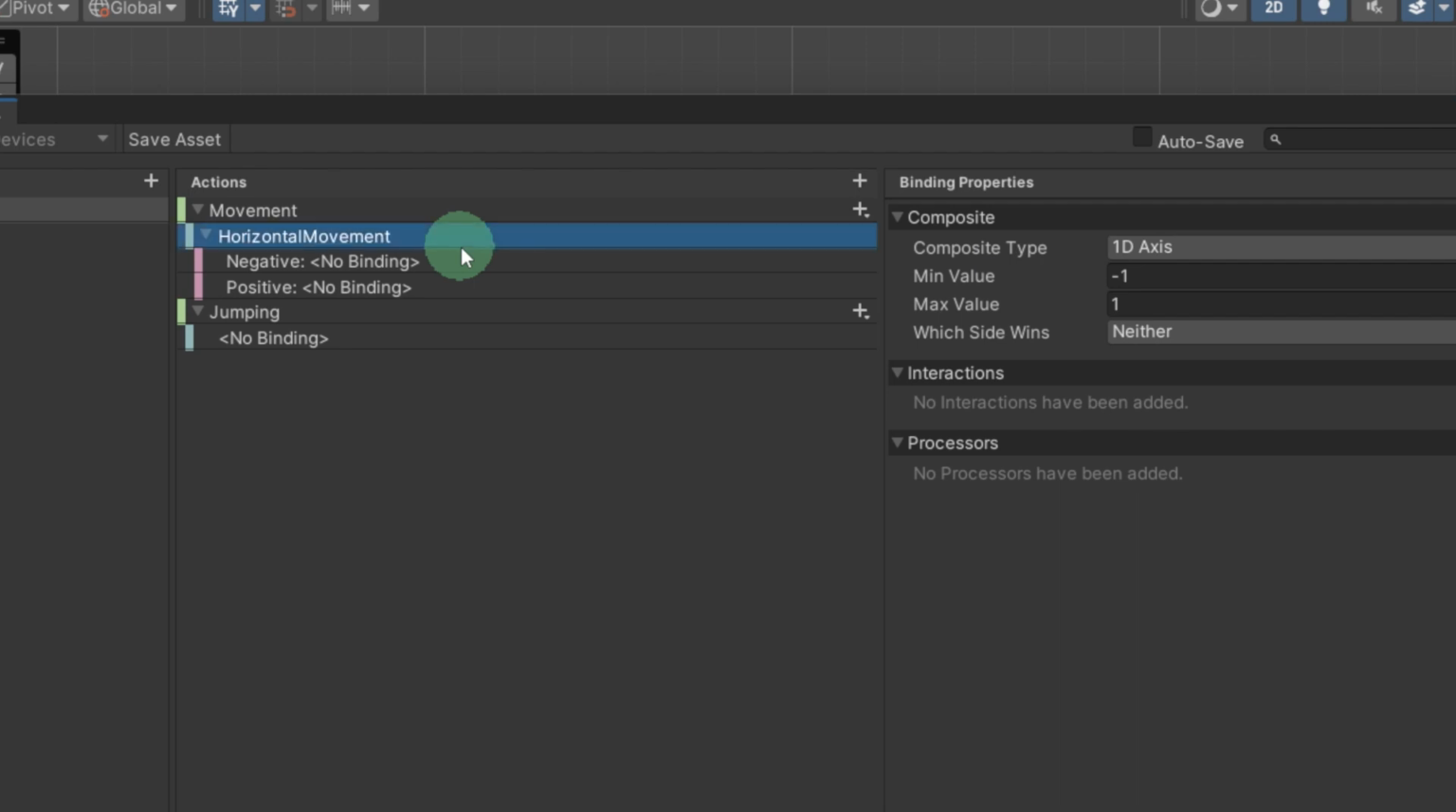So here we choose the type of our action, and in our case that's gonna be 1D axis because we're only interested in the movement along the x-axis. Moving from the -1 to 1 is fine. Our character is not gonna move vertically, at least for now. We will move vertically only by using the jump. Okay,